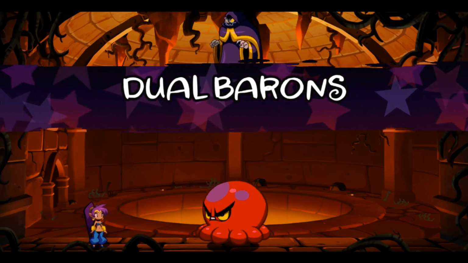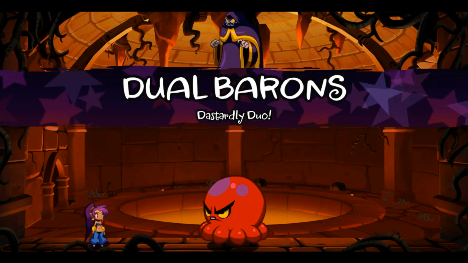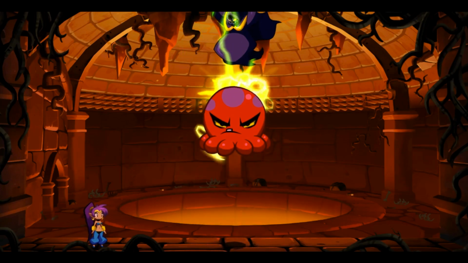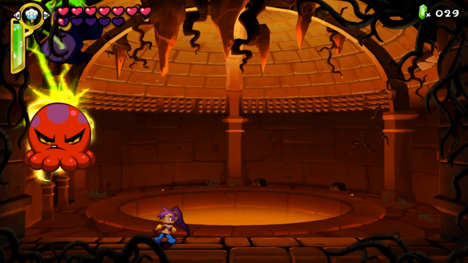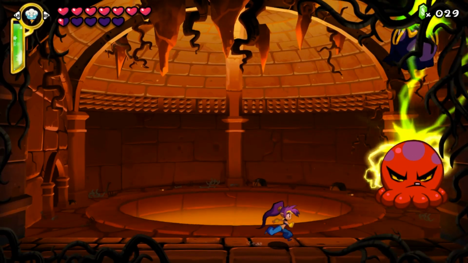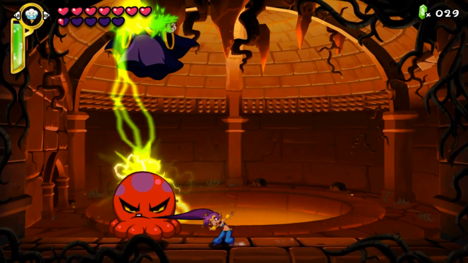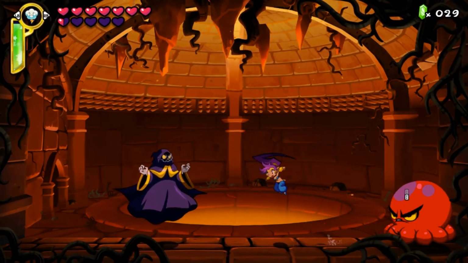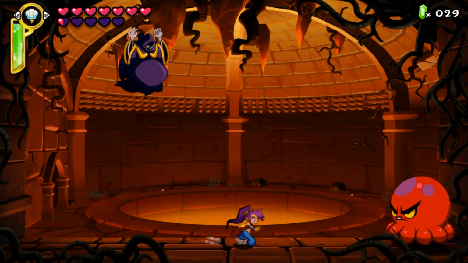So yes, we have dual Barons, the dastardly duo. Now we have to fight both Hypno and Squid Baron at the same time. We did just beat Squid Baron, so he doesn't have as much health. He does have a decent amount, but it is relatively shaved down since we've already had an encounter with him. So first and foremost, when doing this, we can attack both of them, but I would mainly focus